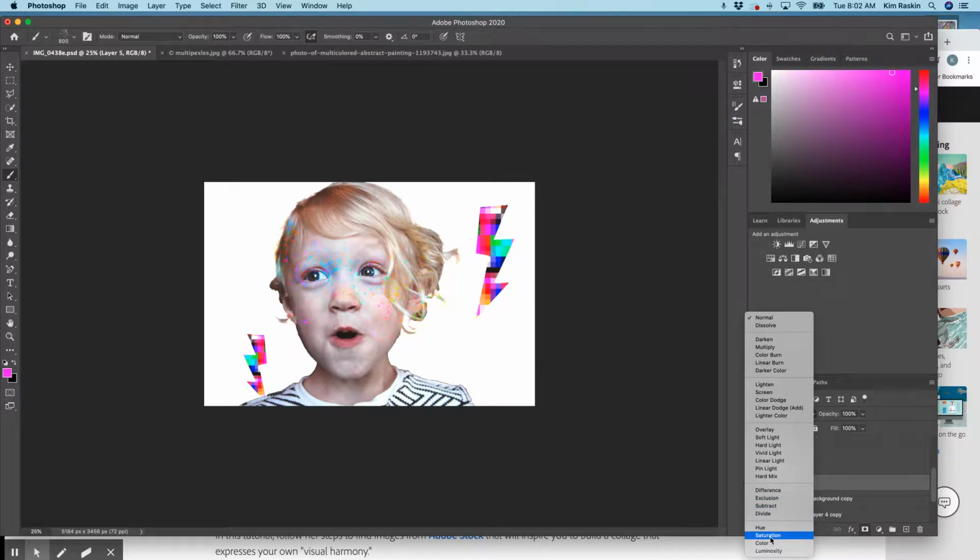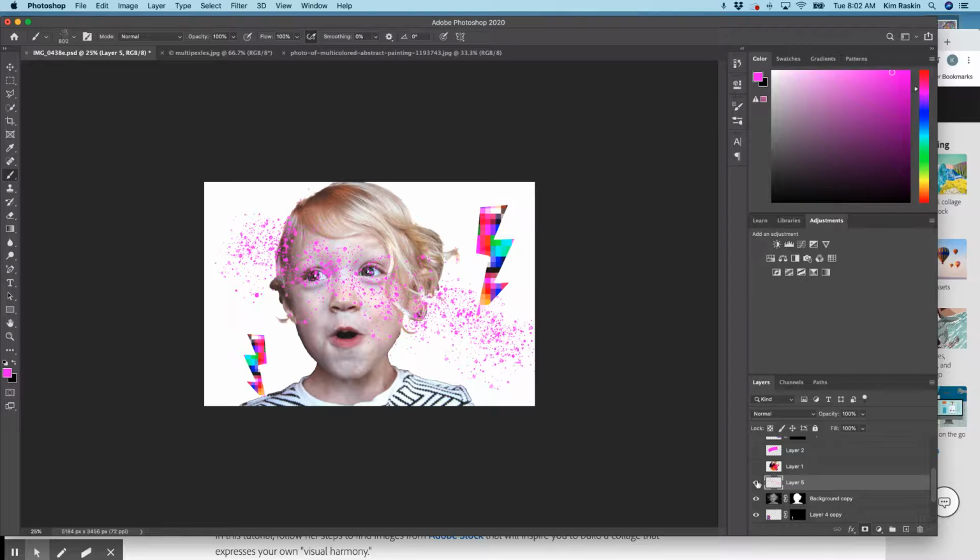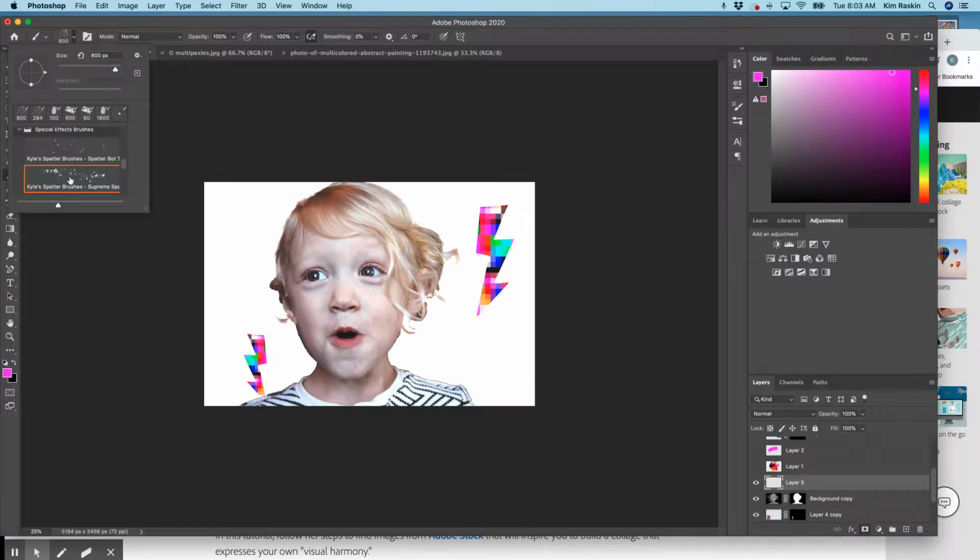Ooh, that's kind of fun with the different color saturations. So you could do something like that. You could also play with the opacity once you do that. The one that I used with that big one